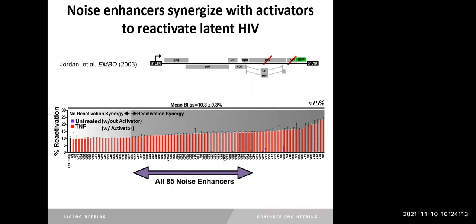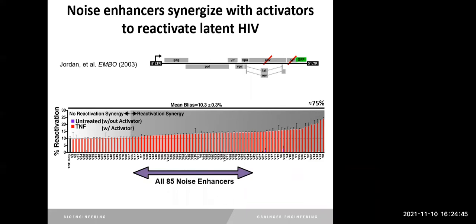On the y-axis, you're seeing the percent reactivation. On the x-axis, all 85 noise enhancers without activator, without tumor necrosis factor that activates the NF-kappa B sites in the LTR promoter. You have no reactivation of the virus or of the population of cells. And for all noise enhancers, you can see very few. There's just a couple of blips of purple that are showing that without activators, the noise enhancers by themselves do